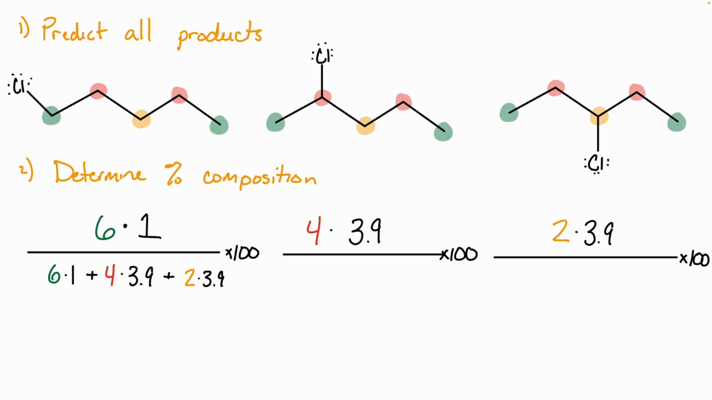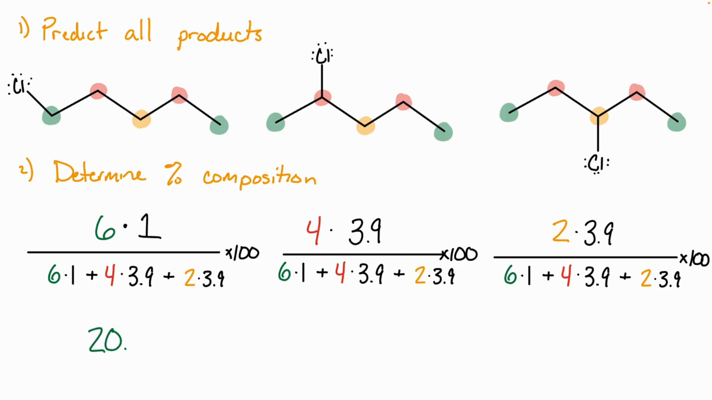All right, and I'll use the same denominator for each one of these calculations here. Cool. So there's my setup. My number of hydrogens times that reactivity factor for each one. All right, so punching this into the calculator. All right, my first one here, I get a percent composition of